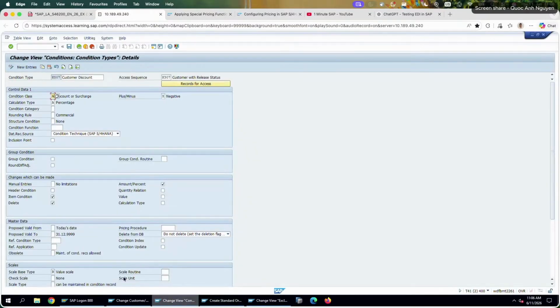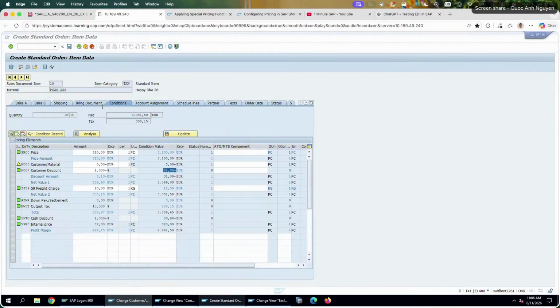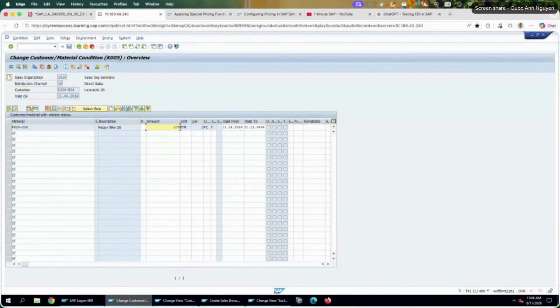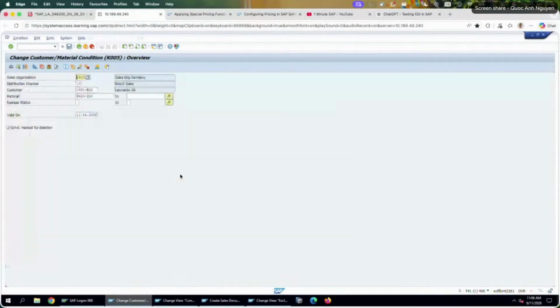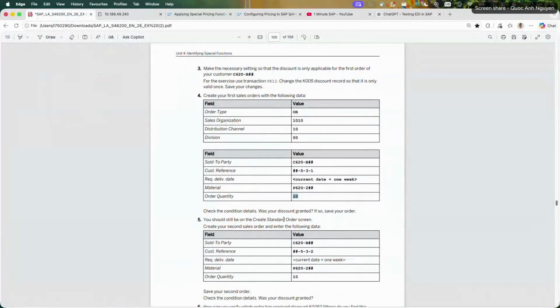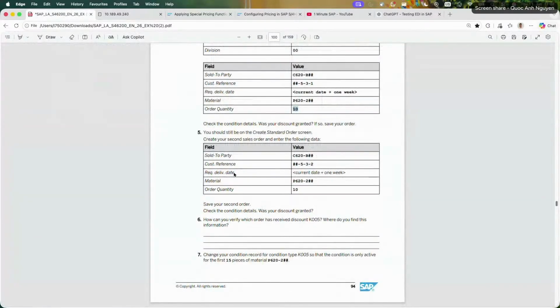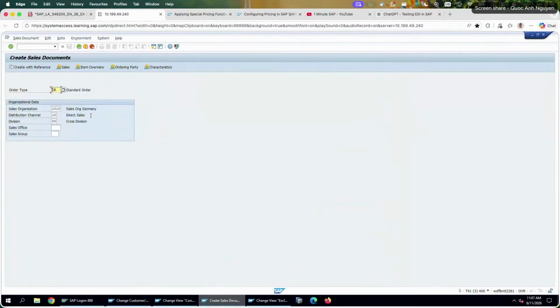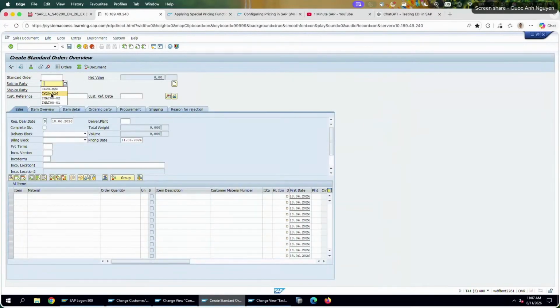Then let me go back, and we are going to follow with the exercise for now. What they need is for us to test only the first sales order and create directly the same one, and check if the sales order is having the discount. It should not, because the discount is only for the first order only. So